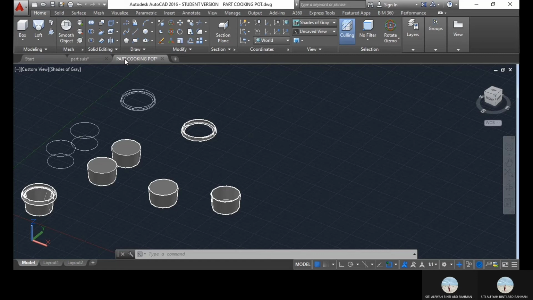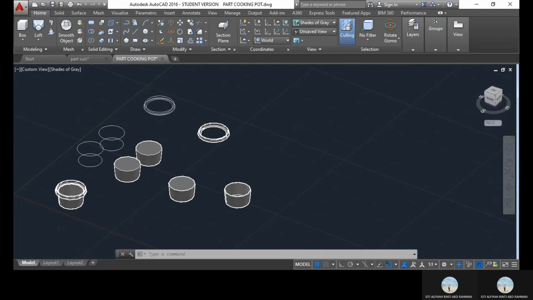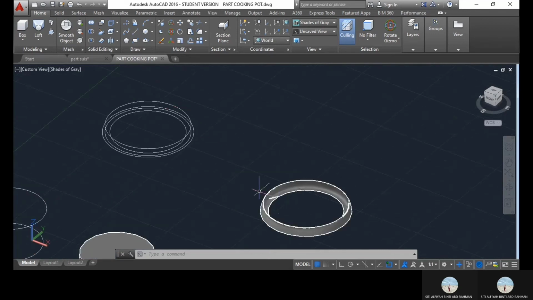Before we started drawing, we have to measure the components by ourselves, and all the dimensions are recorded in our reports. So, as you can see on my screen, this is the inner cooking pan. This is the inner cooking pan. For the upper of the cooking pan,